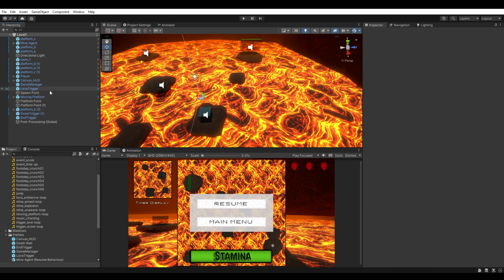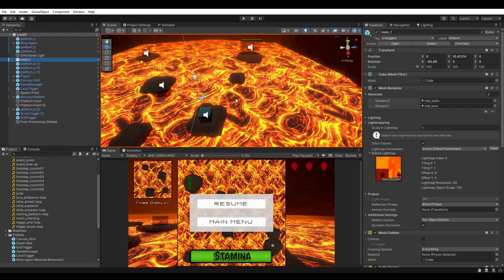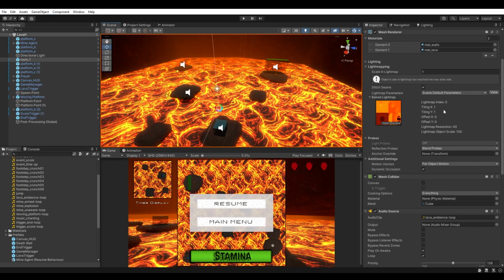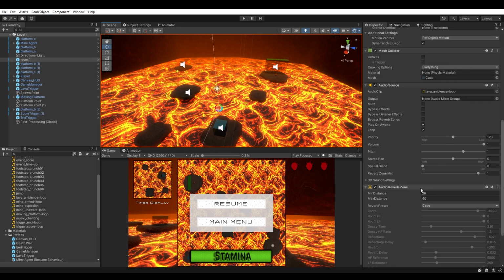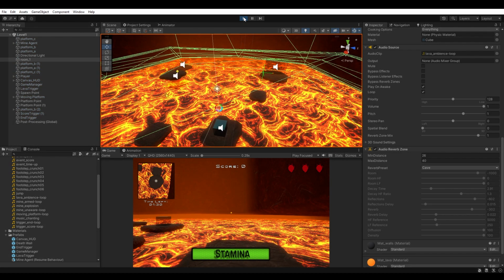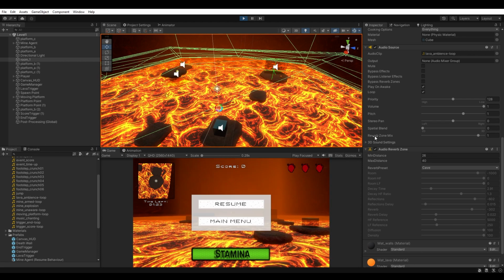So if we go back and find our room, let's just have a look over here. Yep, we've got the audio reverb zone and our audio source. So let's hit play. Okay, we're in play mode. I'll just pause the game. All right, so we can hear the moving platform because it's close to us as well. Let's just resume and let it move away from us quickly. What can we hear there? There we go. All right, so let's turn off the audio reverb zone